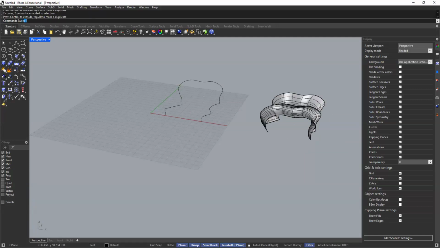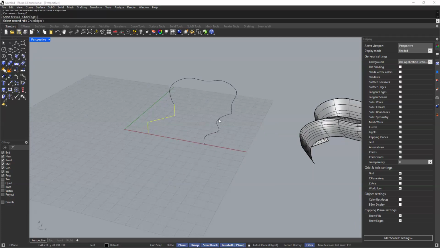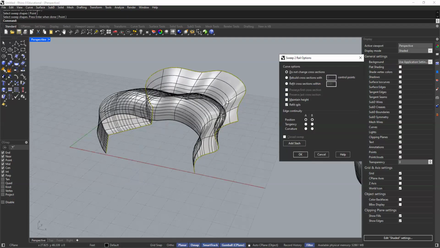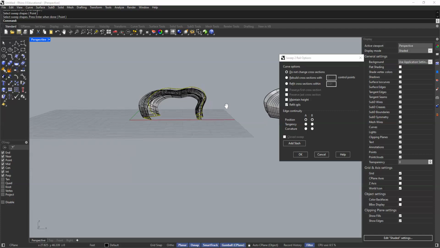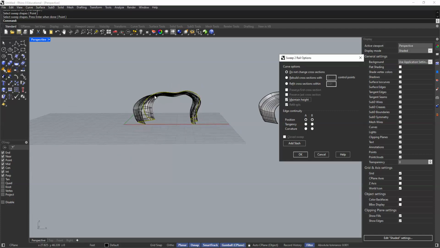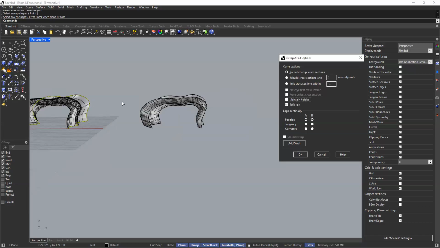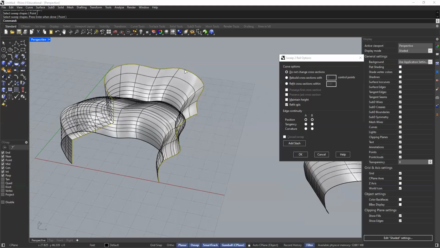Let's go ahead and do the sweep two. We'll select the first rail, select the second rail, okay, hit enter. And this time I want to select maintain height. And what maintain height is going to do is going to try to maintain the overall height from the original profile. Here, what it did when we deselected it, when you deselect maintain height, it's essentially adjusting the right side